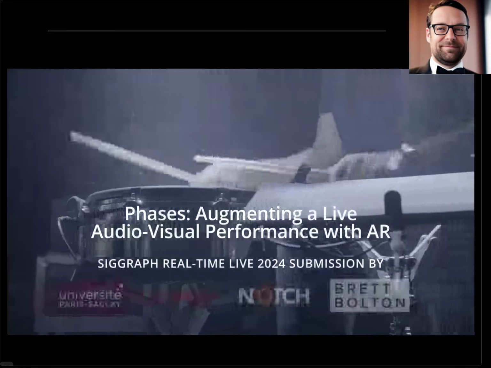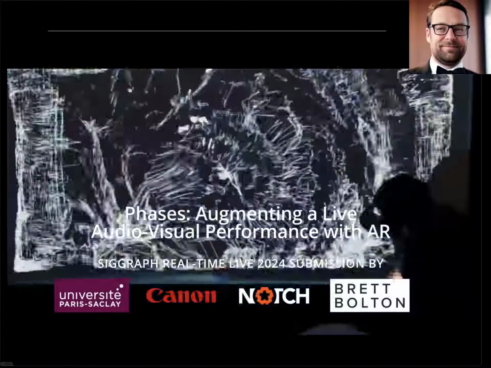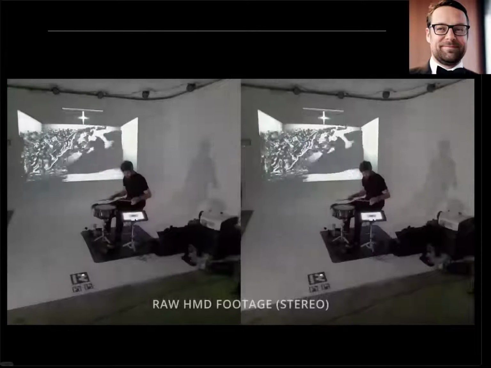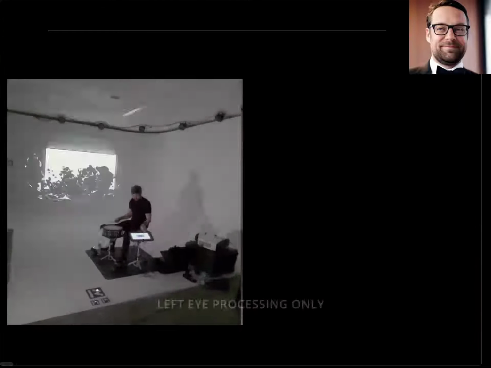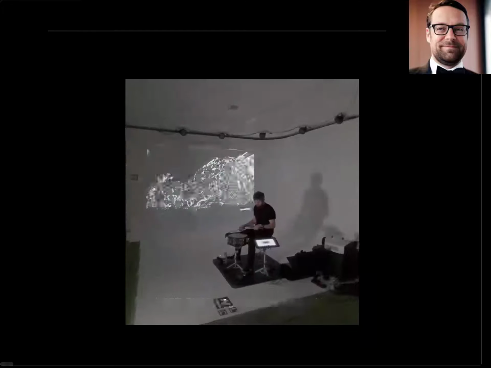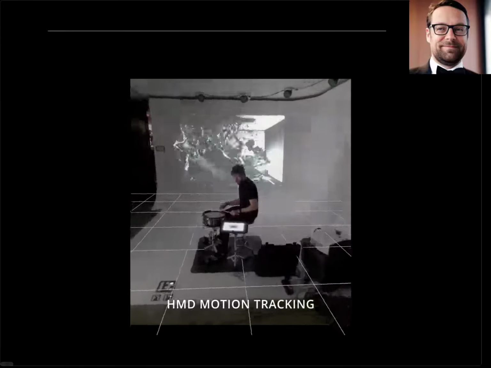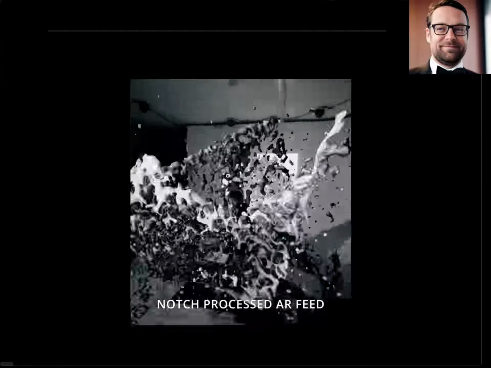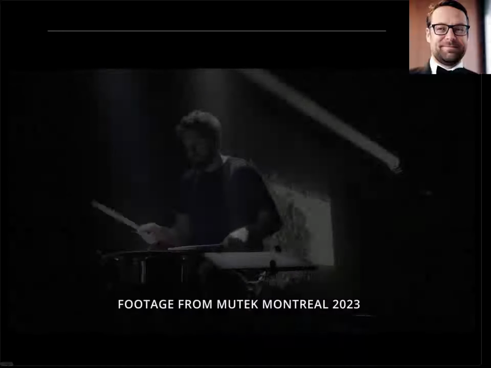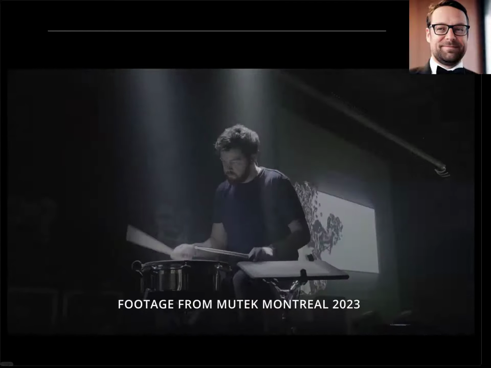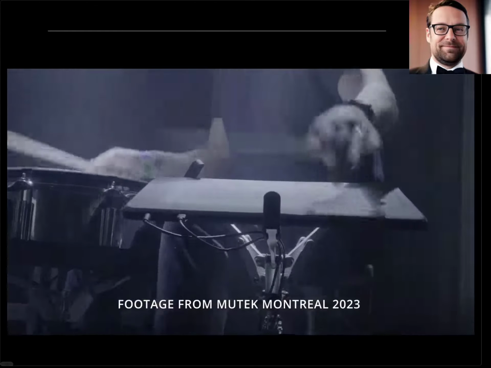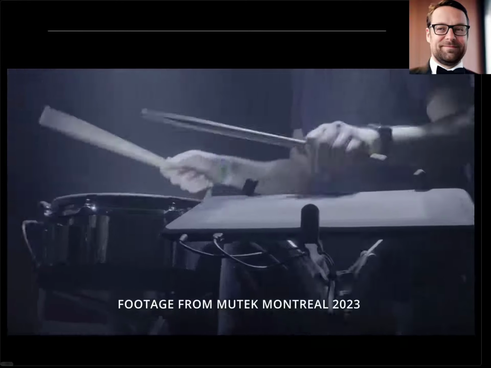For SIGGRAPH Real-Time Live 2024, we present a live real-time audio-visual performance designed to be experienced by a live audience. We then extend the experience for selected members of the audience using augmented reality to give them an entirely new perspective on the performance. A research collaboration between University of Paris-Saclay, Canon Japan, Notch, and Los Angeles-based multidisciplinary artist Brett Bolton. The performance is based on Bolton's recently produced show Phases, which made its debut at MUTEK Montreal. The performance uses a custom drum projection instrument to drive visual exploration of the states of matter.